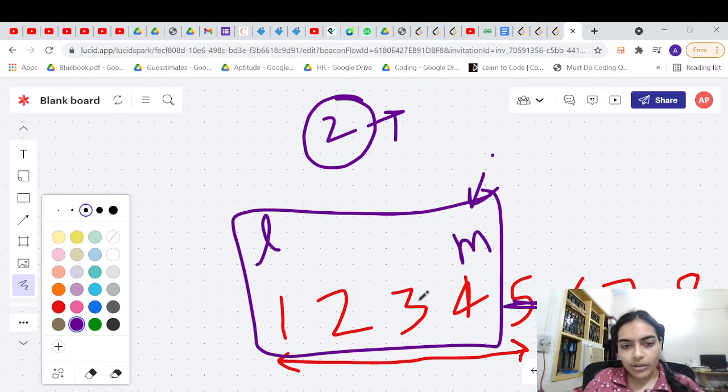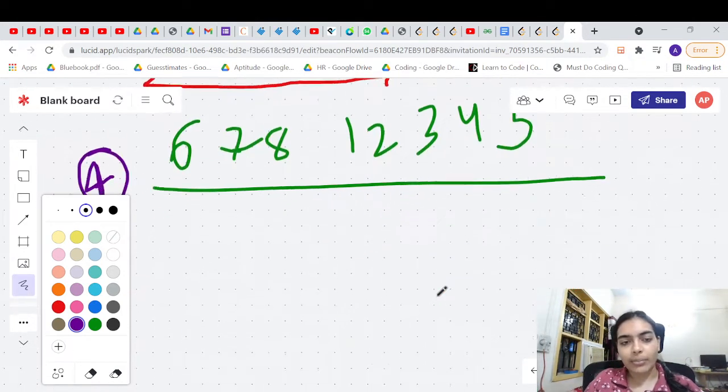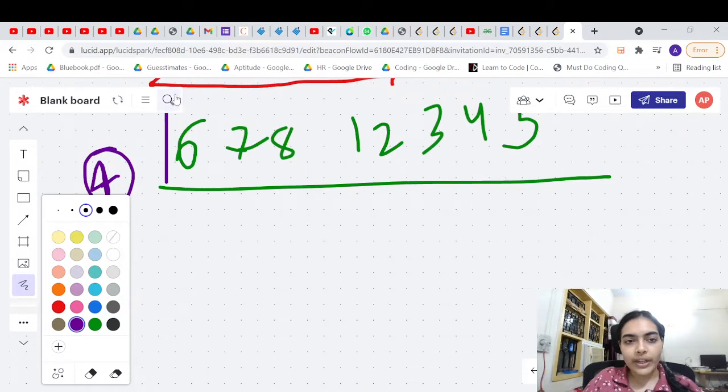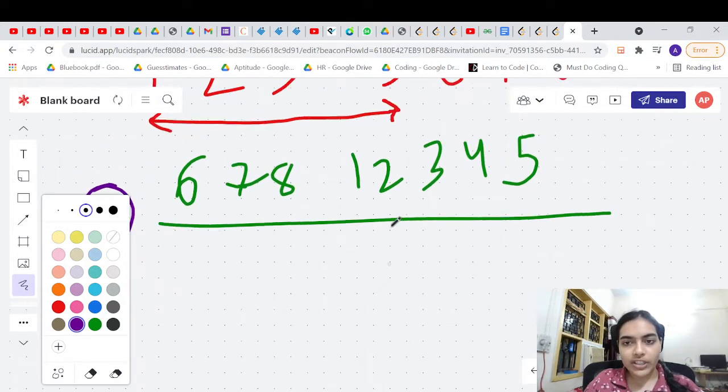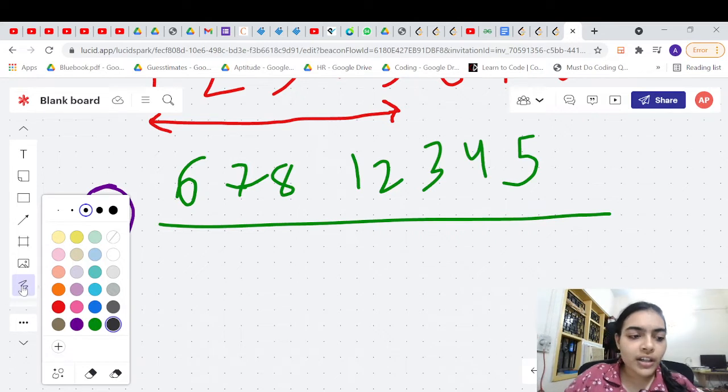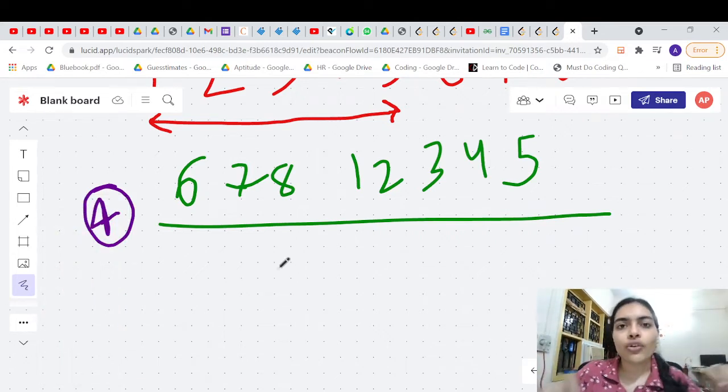Okay, so now let us try to see the same algorithm, but we are going to have to look in an array that is a little bit complicated because it's not actually sorted. But see, we cannot say it's not sorted. It is sorted in a way. So let's see how it is sorted.